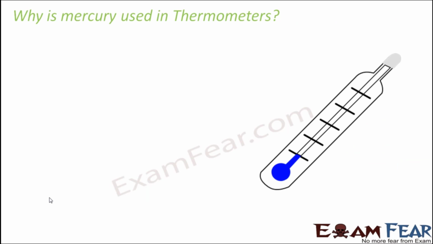Now, we looked at both clinical as well as laboratory thermometers. Everywhere we see that mercury is always chosen as the liquid inside the thermometer. Now, what is so special in mercury that it is in demand for making thermometers? Firstly, it is liquid at room temperature, and we want a liquid so that it can actually move through the tube. So you see, this is the thermometer.